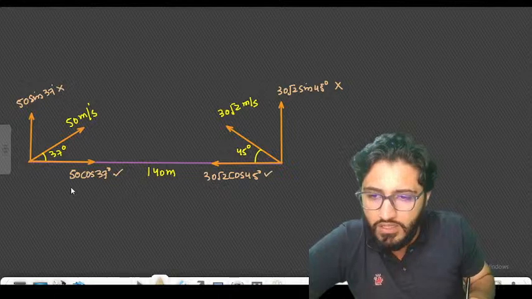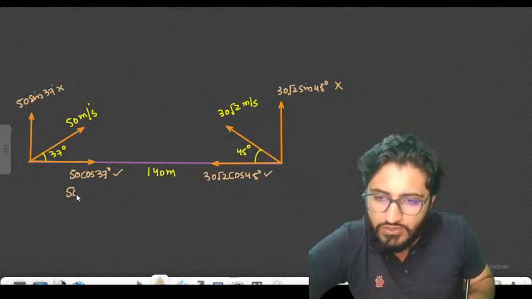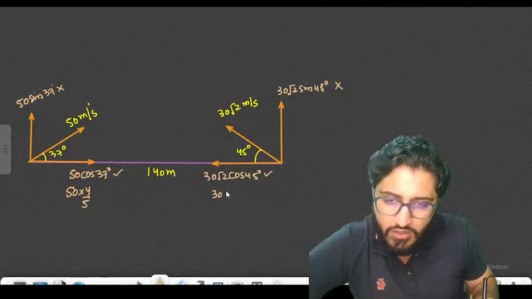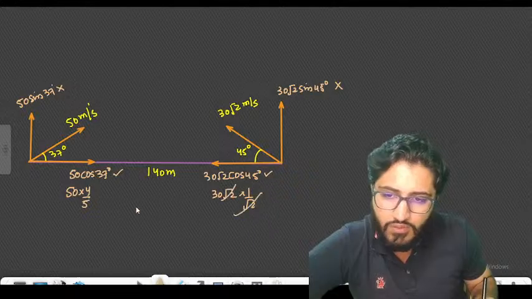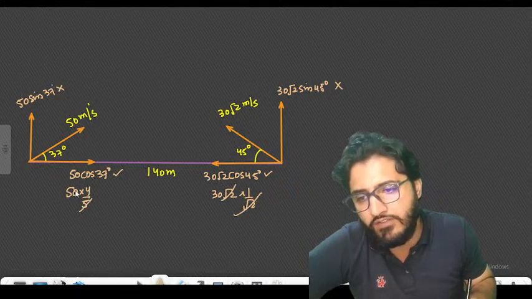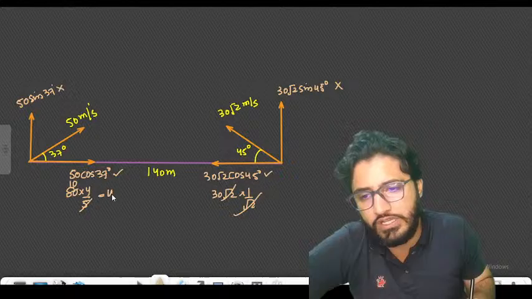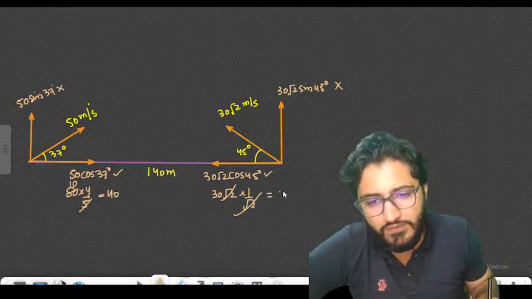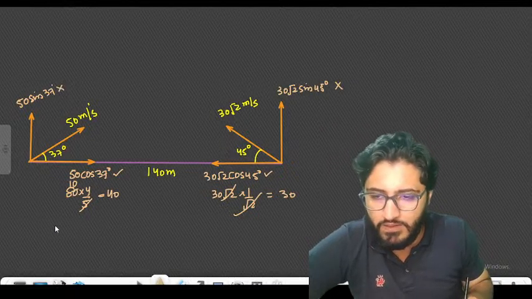Okay. It is 50. What is cos 37? It will be 4 by 5. 30 root 2 cos 45 is 1 by root 2. Cancel out. 5 tens are 40. So we are having 40. This one is 30. So we are having